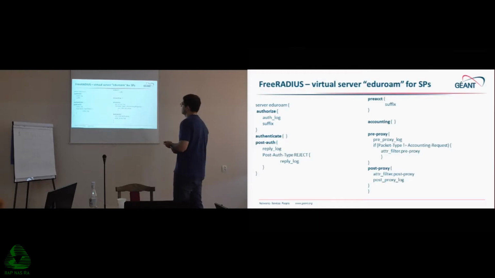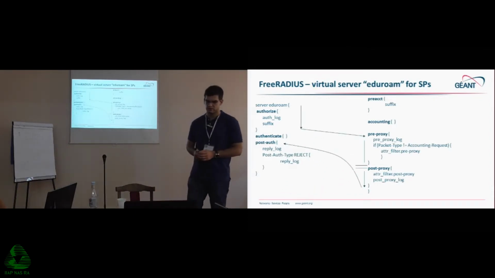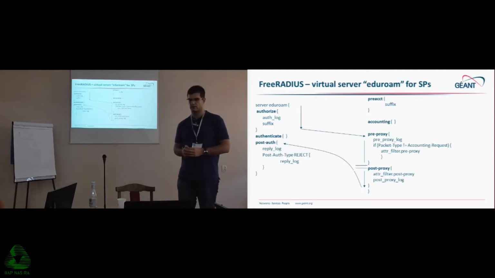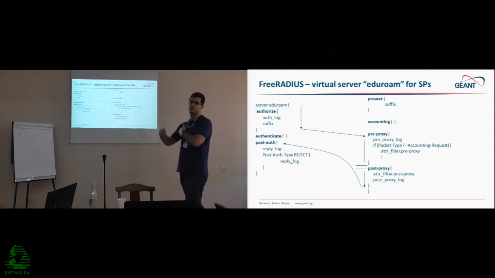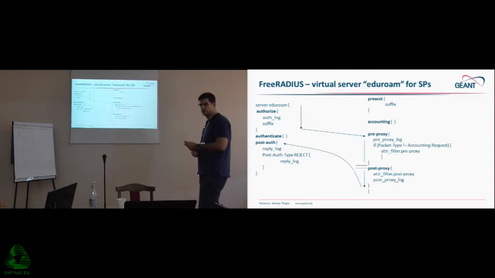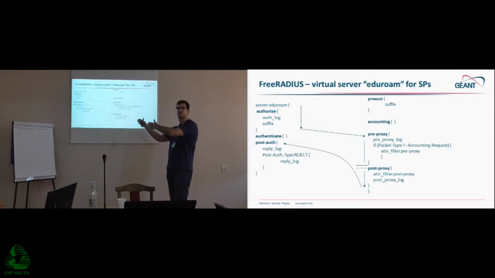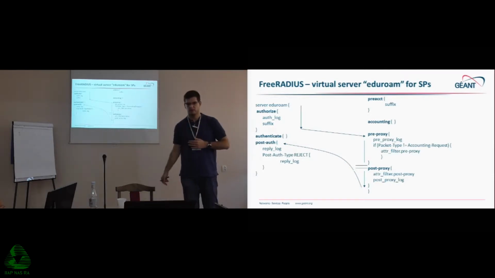So here's the example of the FreeRADIUS virtual server eduroam for SPs. Basically, what we can use here are the authorize, pre-proxy, post-proxy, and post-auth sections. Why? Because we want to check if the user is authorized, and that's why we're using auth_log to see the underlying radius request. We use the suffix module because based on the suffix, as we mentioned, that request will be proxied where it should be proxied. In this case, that's the federation level radius, which will then in turn proxy that request to the IdP of the user. Pre-proxy is important because it logs what is being sent before that request is proxied upstream to the federation level radius. You should also,